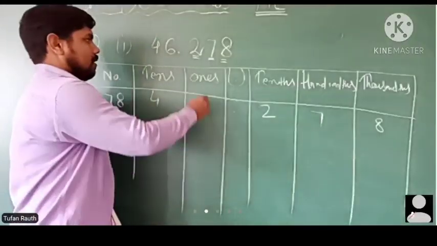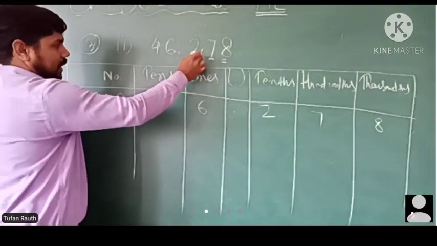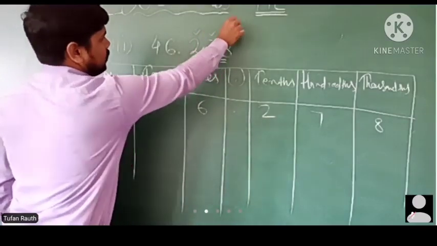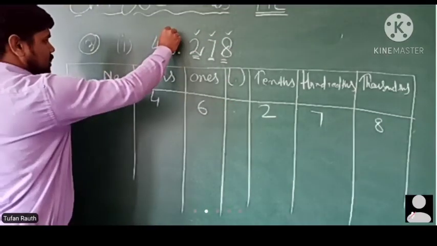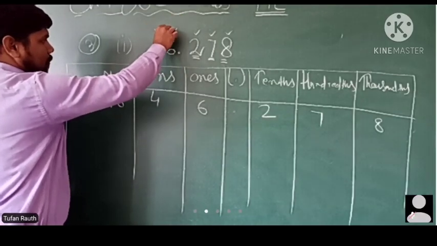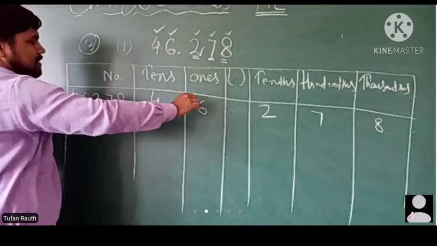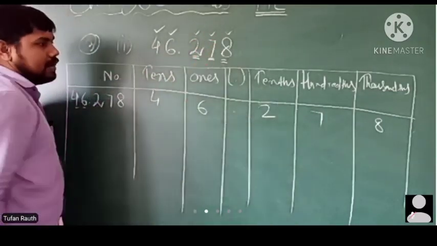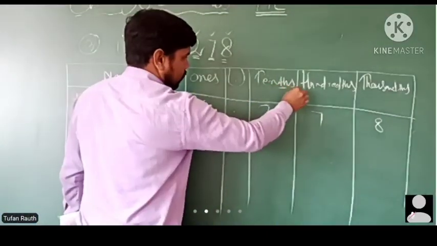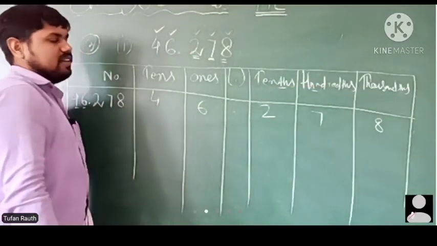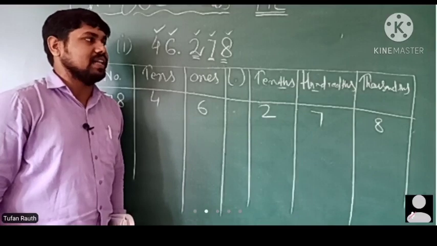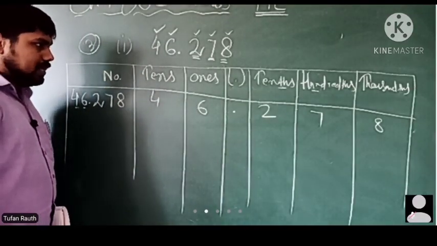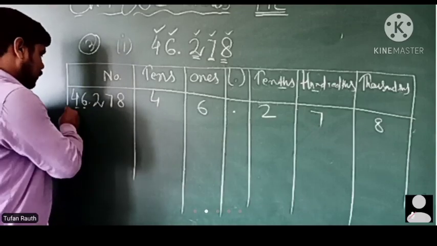So if we go after the decimal place, this is the tenths place, this is the hundredths place, and this is the thousandths place. Like here is the ones place, here is the tens place, here is the hundreds place. This is how, this is ones, this is tens, and this is hundreds. Okay, so it is like this because this means the number divided by 10, divided by 100, and then divided by 1000. So in this way, whatever number is given, you can write it in the place value chart.